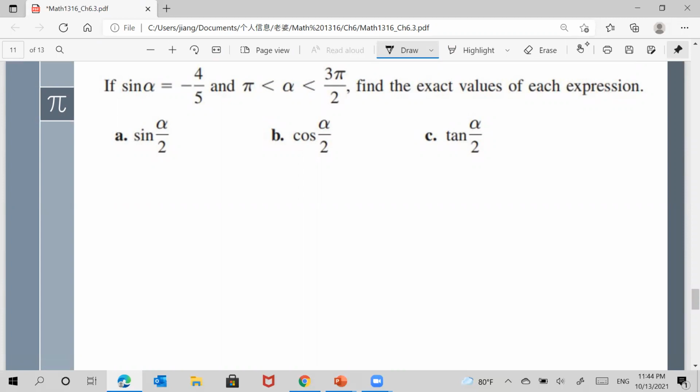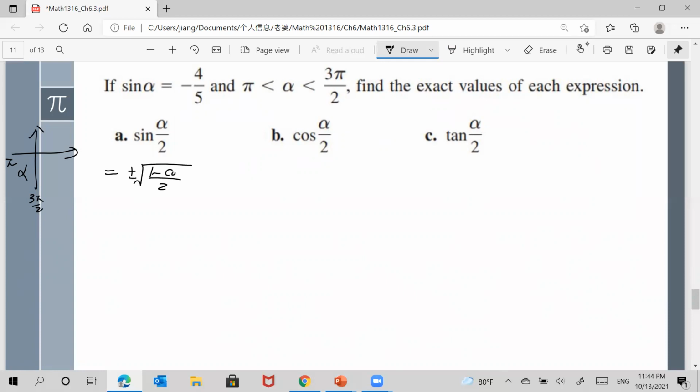Alpha is between pi and 3 pi over 2. So alpha is between, this is 3 pi over 2. Alpha is here. So remember that alpha is here. How about sine alpha over 2? So we use the half angle formula. So sine alpha over 2 equals square root of